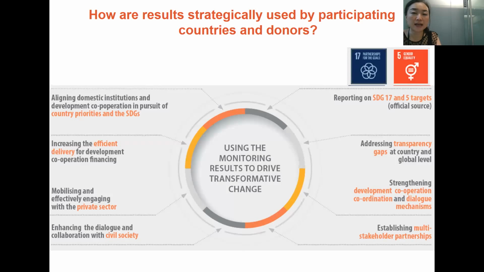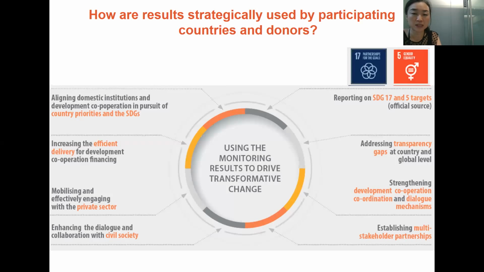One of them is the SDG indicator that looks at gender equality and women's empowerment. And two of the SDG 17 indicators also use the data and evidence generated from the